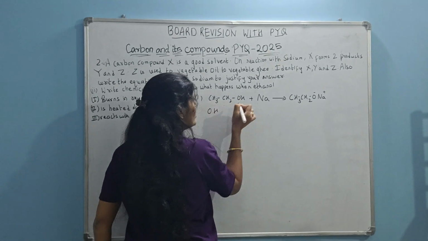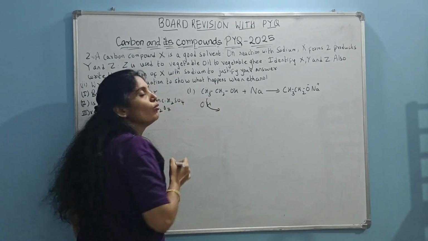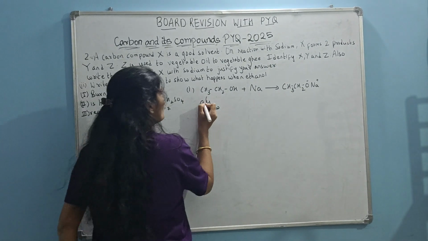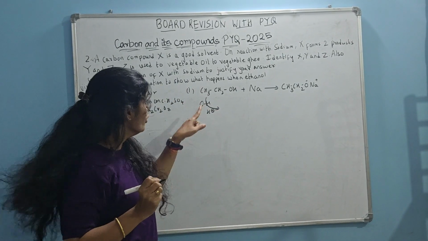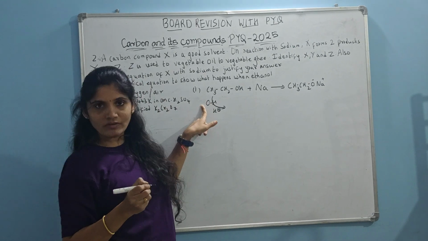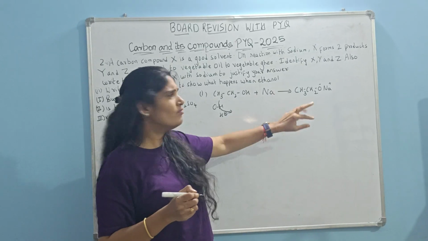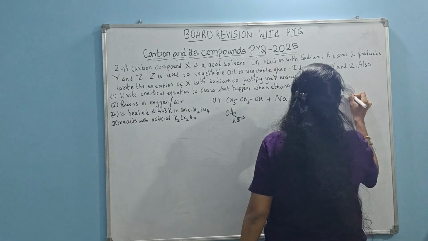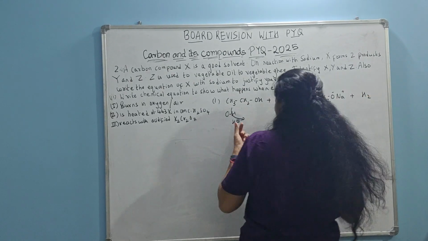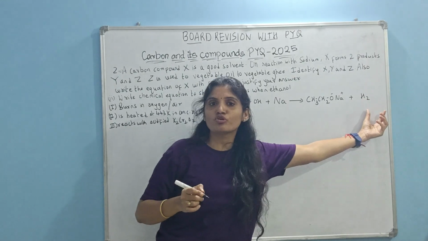I just want to show that when these both are reacting, hydrogen will leave the ethanol molecule. When hydrogen leaves the ethanol molecule, it will leave as H+. So the electrons will remain with oxygen. That is the reason we can put a negative charge on oxygen. When oxygen has a negative charge, sodium we will represent with a positive charge. Plus, which gas will get released? Because H+ has left ethanol, it will be released as H2 gas.